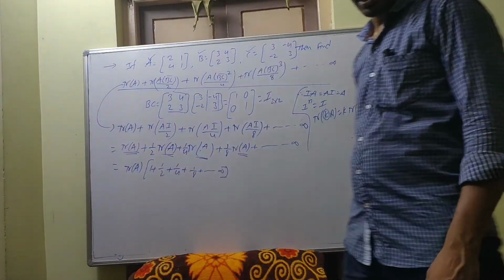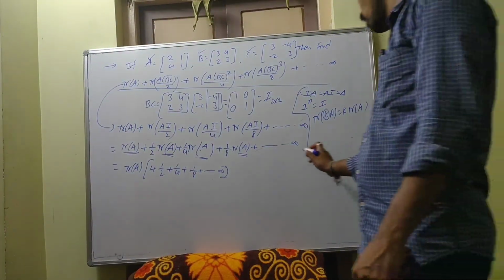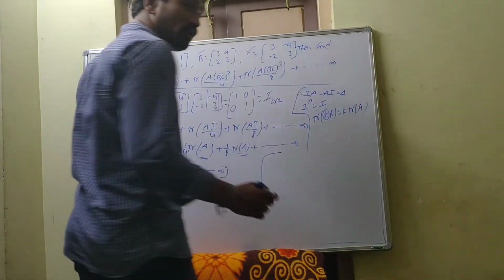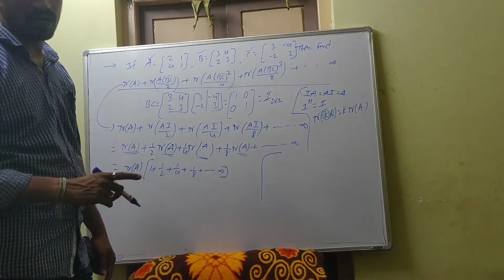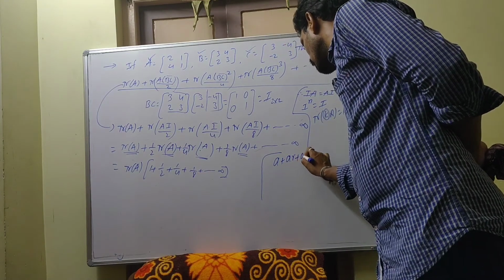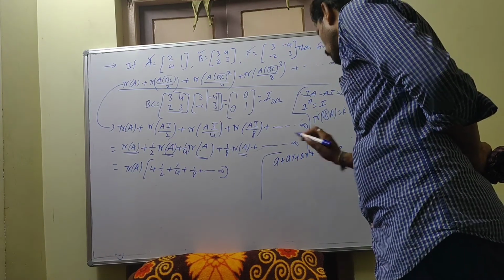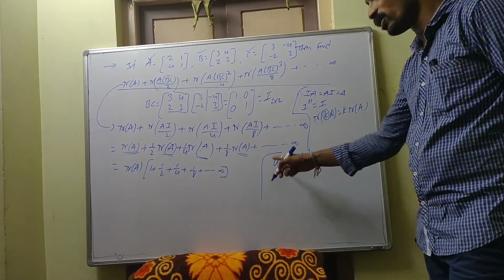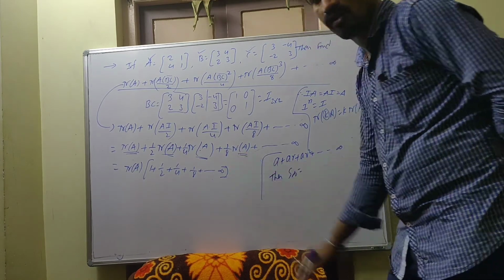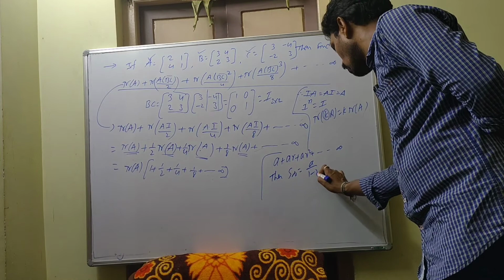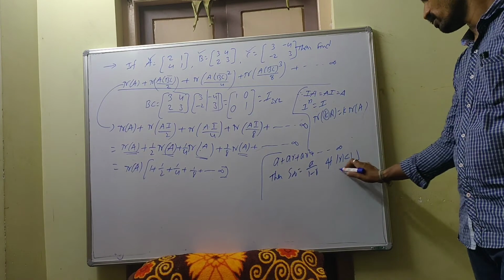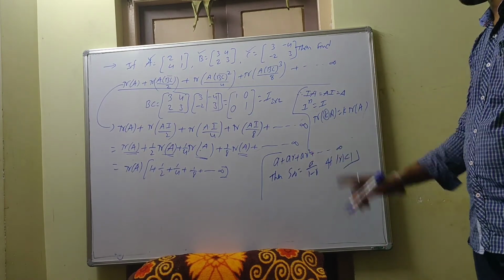In SSC, students know this very well. CBSE also. If you don't know, just remember. This is in GP, geometric progression, you know. So in geometric progression, the sum to infinity: geometric progression means A plus AR plus AR square plus and so on to infinite. If it is like this, that means the common ratio is R. Then S infinity is equal to, that means the sum of infinite terms is equal to A by 1 minus R if mod R is less than 1. This formula is very, very important in progressions. If you don't know, just remember.